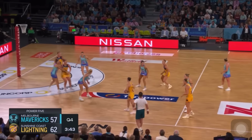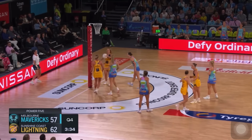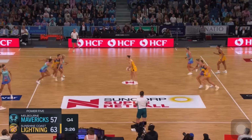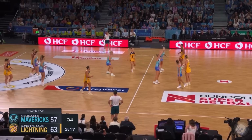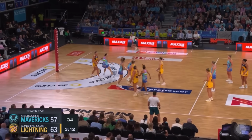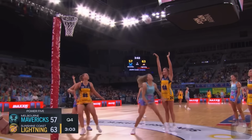Fretwell crafts her way back into the circle. Out she comes again, opens it up for Batcheldor. As we see time and time again, she grabs the ball in the air, she lands close to the post. Parmenter stands aside. You get the feeling that the experience of this Lightning team, the internationally experienced heads, they're going to work this clock really smartly to try to hold possession and stop the opportunity for the Mavericks to...